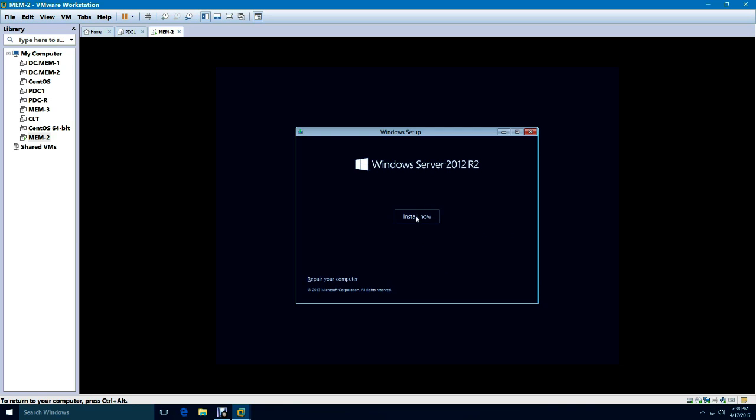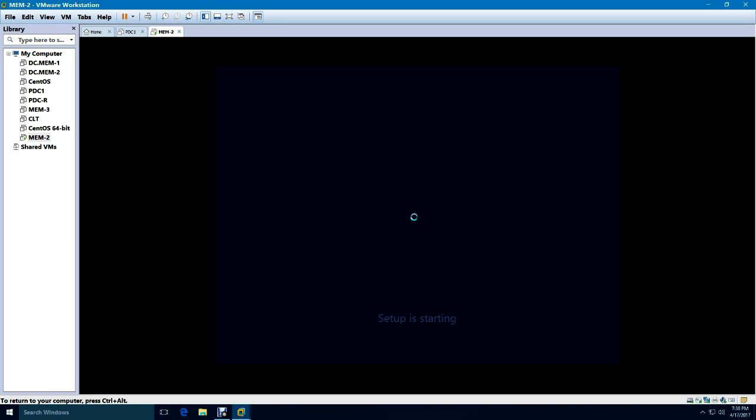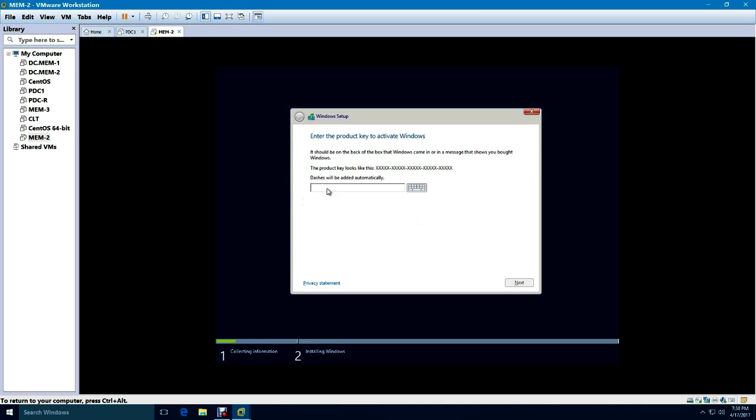After pressing next, it is telling me install now, and immediately it will ask me for the licensing key. So here we are, it is asking us for the licensing key, so we need to give the licensing key. Now I will put